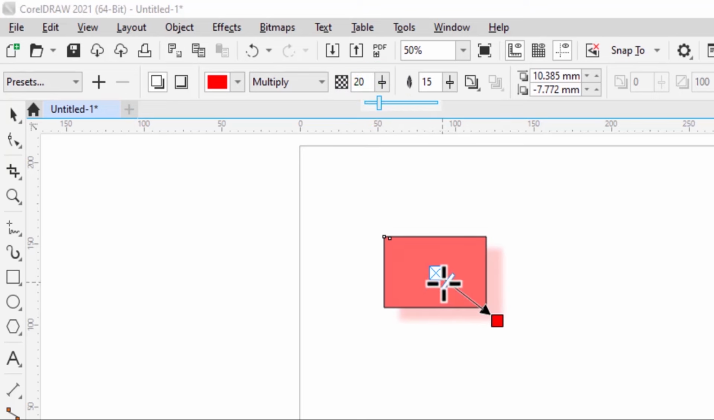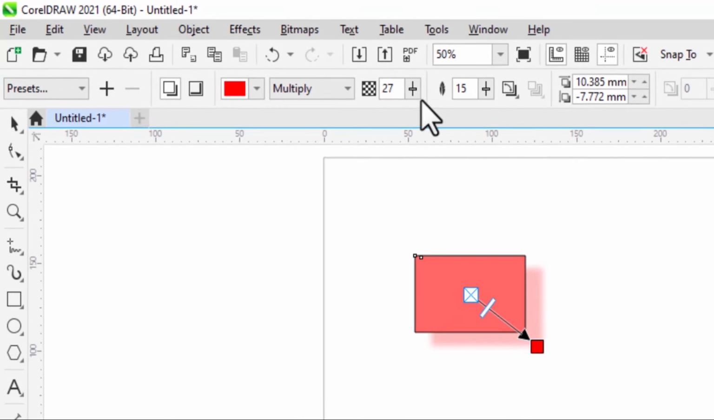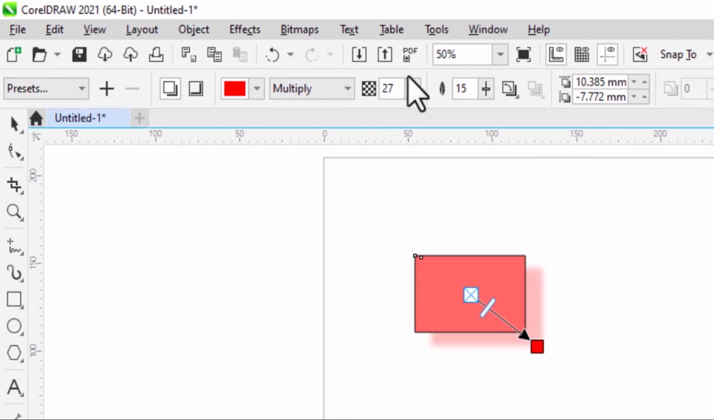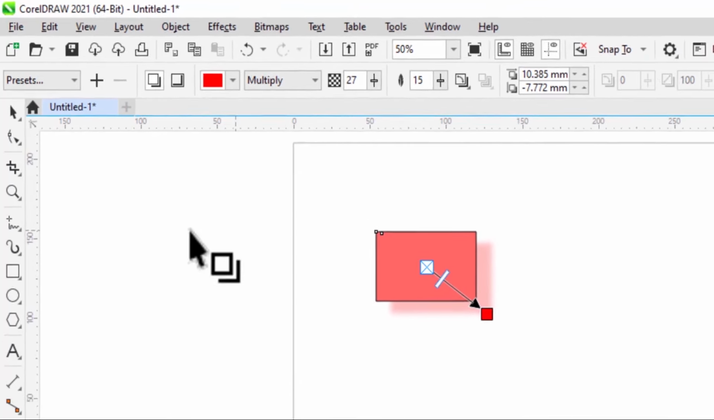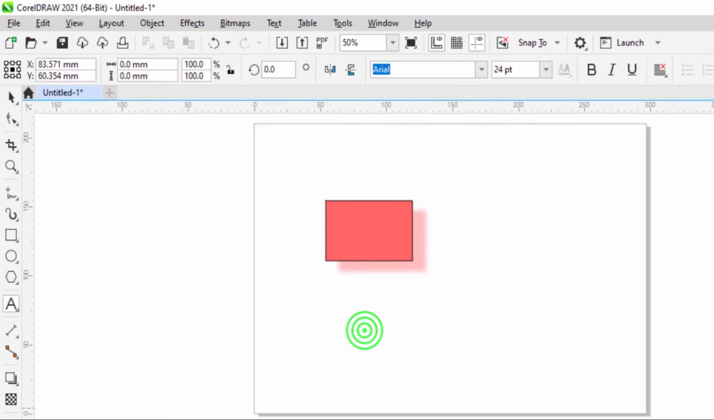Or you can choose to click and drag on this slider over here, so you can see I'm increasing, and then you can reduce the opacity. That's okay. You can change the feather, shadow feathering if you want, but I'll leave mine at 15. So you can still do this for text. So come over here, select the text tool,